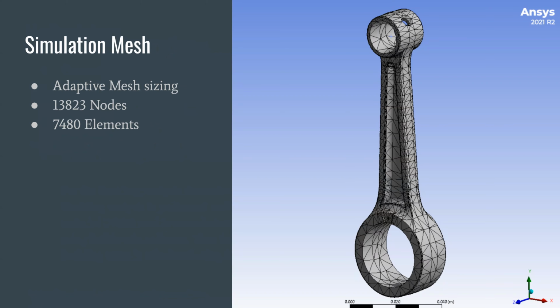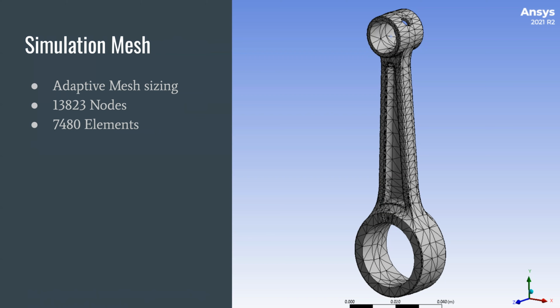Once we have the CAD model of the connecting rod available, we import it into the ANSYS software, and after that we discretize the whole model into a number of small elements. Most of the elements used during the simulation were triangular elements. Once we use the adaptive mesh sizing and discretize the whole model into different elements, we found that we have